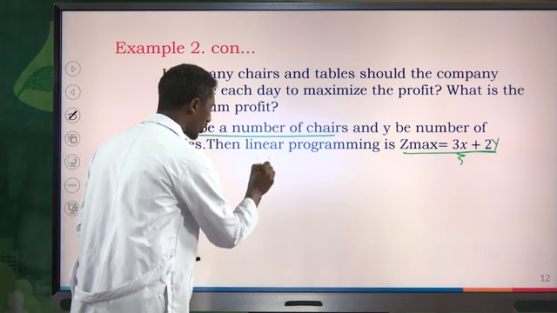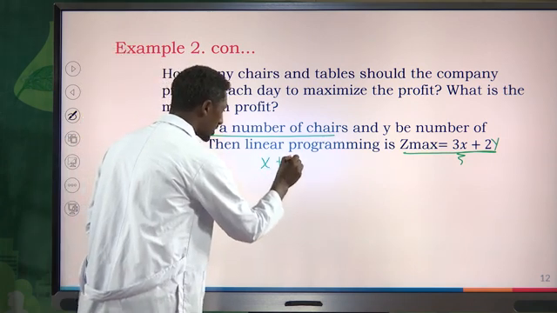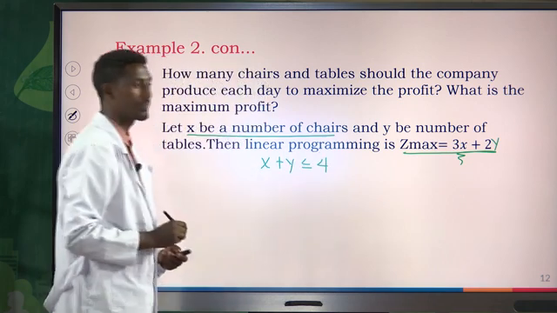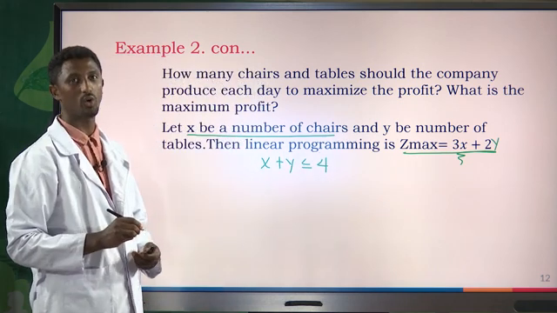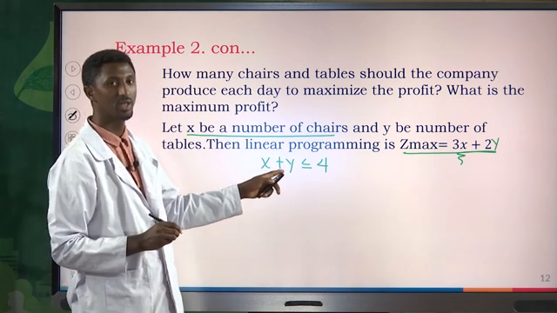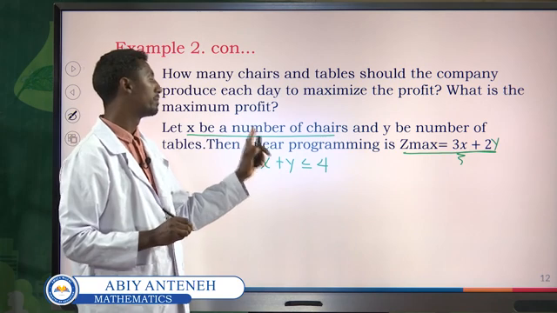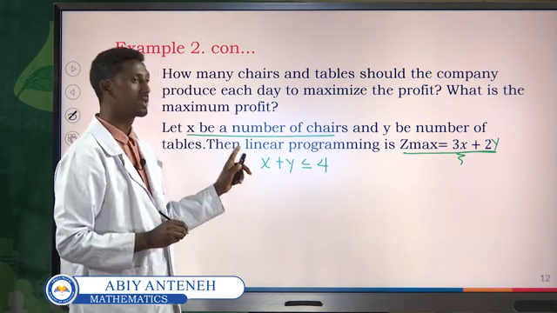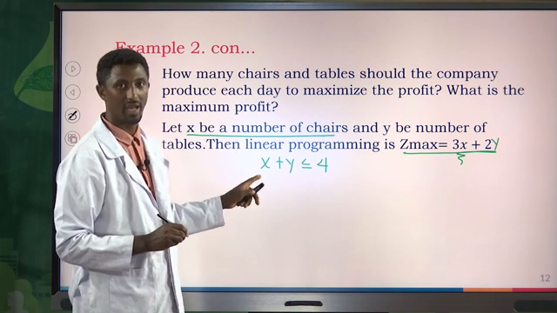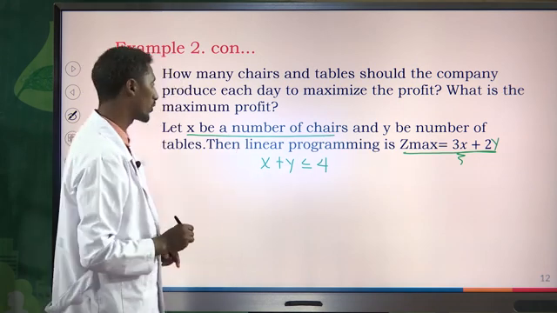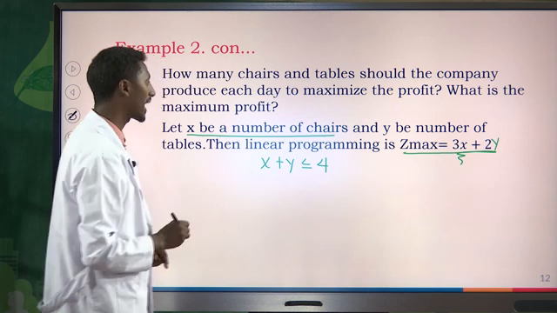So, the first constraint, x plus y must be less than or equal to 4. This is the time constraint for carpentry. x is the number of chairs plus the number of tables, which must be less than or equal to 4. This is the time needed to make x chairs and y tables for carpentry. And also,